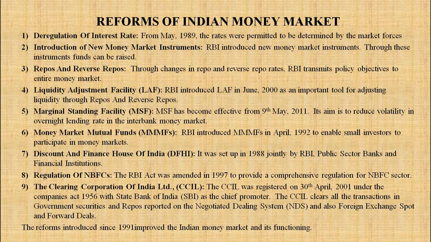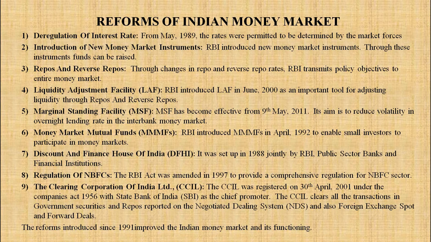Number 1, deregulation of interest rate. From May 1989, the rates were permitted to be determined by the market forces. Second, introduction of new money market instruments. RBI introduced new money market instruments. Through these instruments, funds can be raised. Next, repos and reverse repo. Through changes in repo and reverse repo rates, RBI transmits policy objective